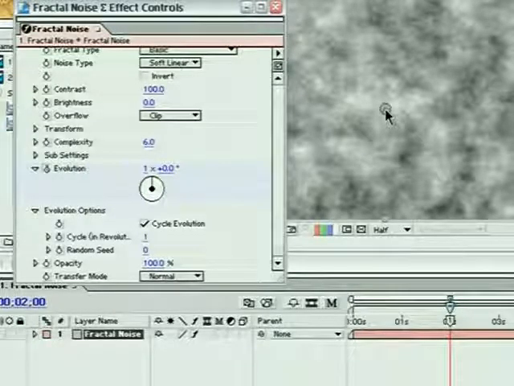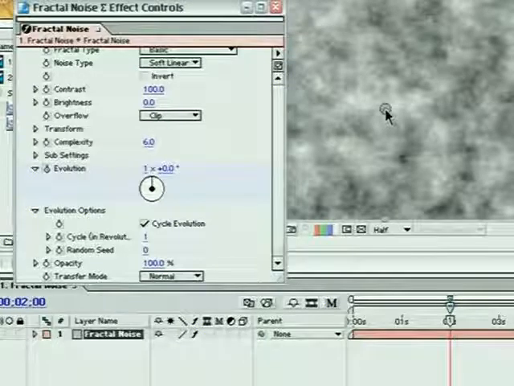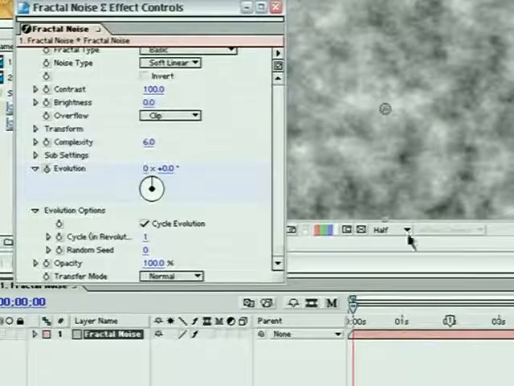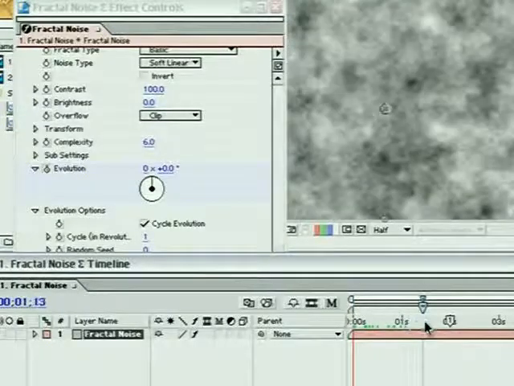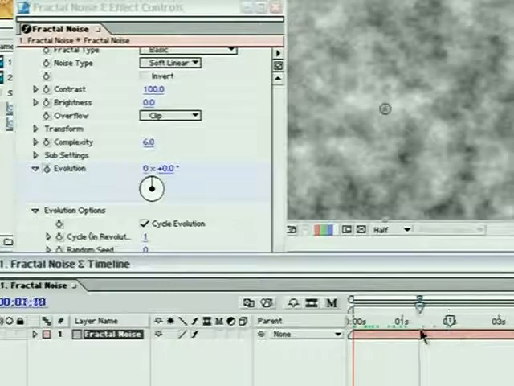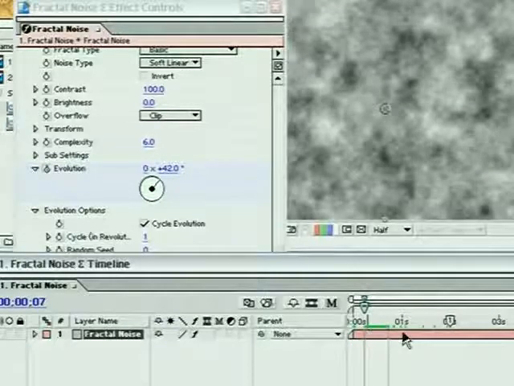And I can confirm that now by hitting the I key to go to our endpoint, or hitting the number 1 to go to the marker that we just set. And in fact, both of them are absolutely identical, even though the fractal evolves smoothly from one state to the next. Now, if I'm not happy with the speed of this evolution, if I think it's great that we've looped